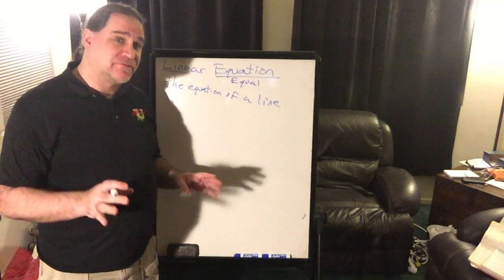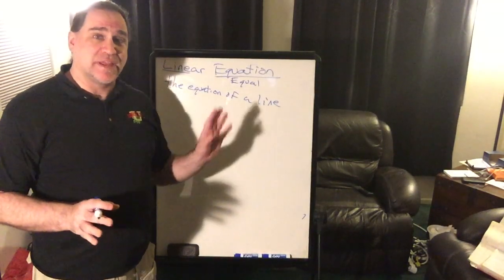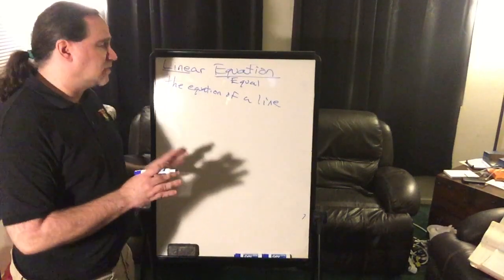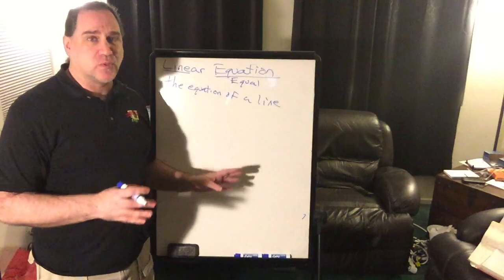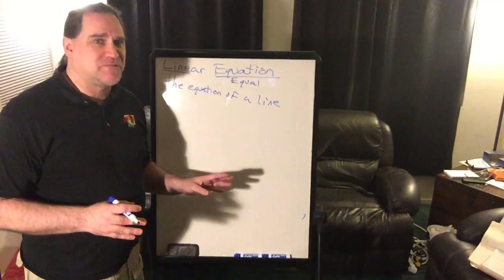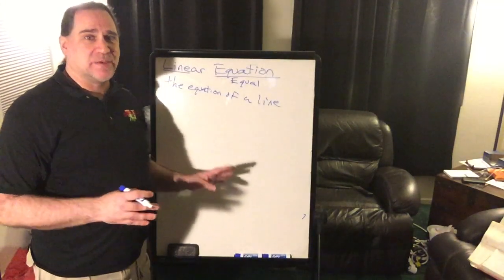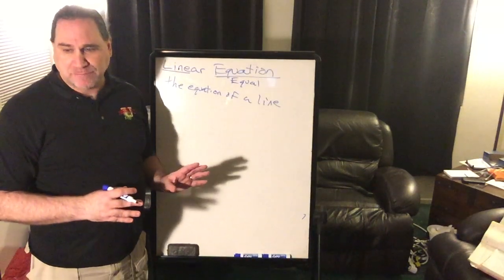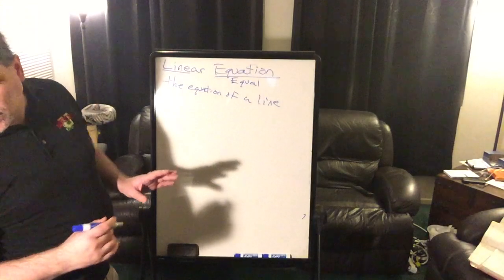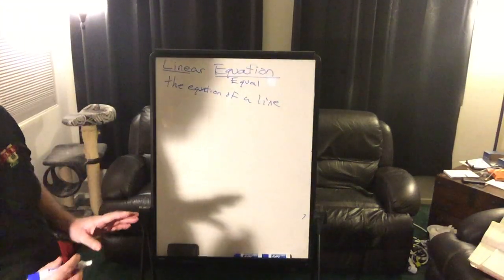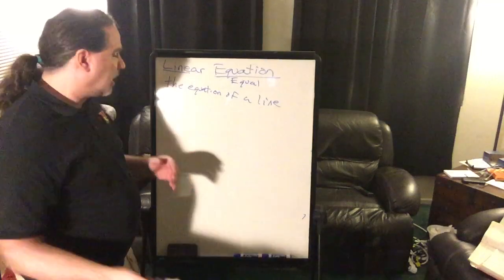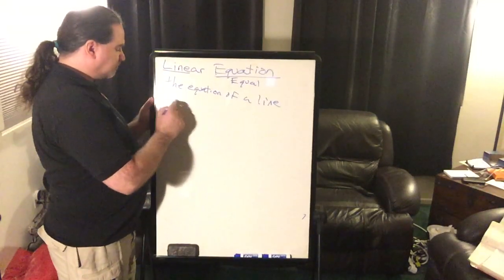That doesn't mean they have to. There are special cases that have just the x or just the y, but we're going to spend a lot of time talking about the ones that have both. Probably 95 or more percent of the time, we're going to be looking at ones that have both an x and a y. Okay, so next up on our vocabulary, since I've just mentioned x and y, are domain